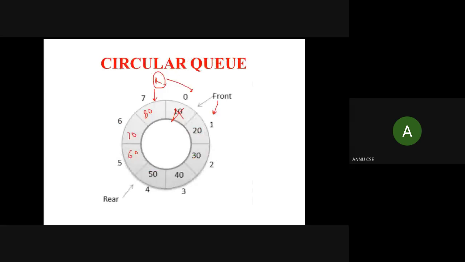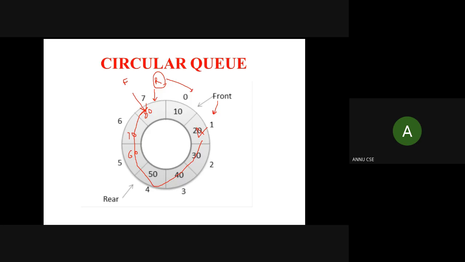Let's suppose here are some elements in this queue, and I have deleted this element. Just a minute. Let's suppose this situation is there: rear is pointing to index number 0, front is pointing to index number 1, and I have deleted all these elements from the queue, and front is pointing to index number 7.